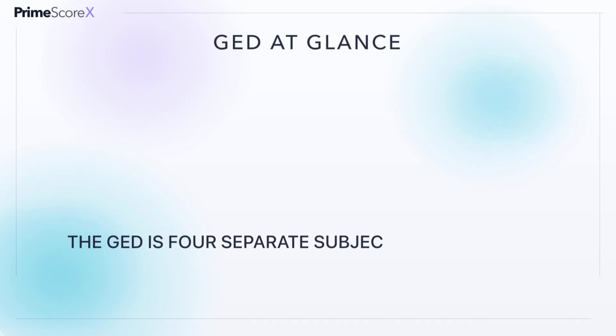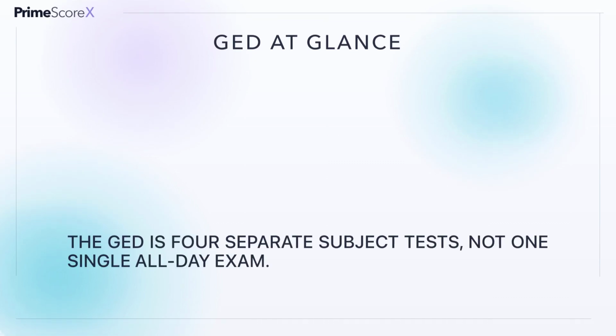The GED is a high school equivalency exam made of 4 separate subject tests. Those subjects are mathematical reasoning, reasoning through language arts, science, and social studies. You do not have to take all 4 on the same day. You can prepare for one subject, pass it, and then move to the next. That flexible structure is especially useful when work, family, or an uneven academic background makes a single long testing day